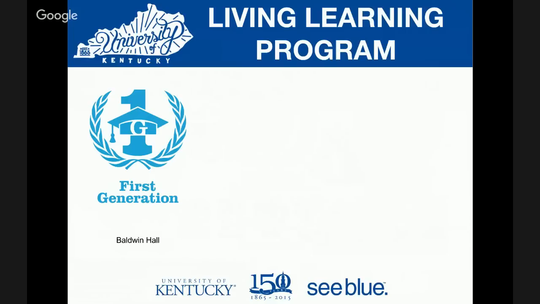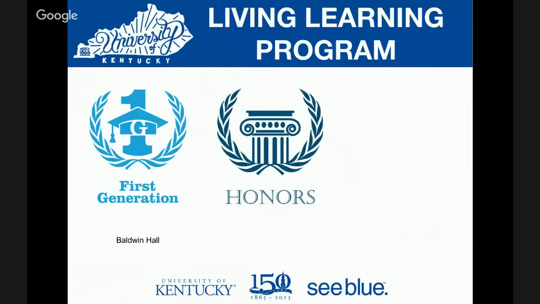The next community, just to note, the greenhouse community will not be available for next year. So the next community is the honors community. That's for students who've been formally admitted into the UK honors program. You have to actually apply for honors and be accepted before you can be in the honors residential college. And there's 3 different buildings for that. There's a very robust honors program, and the honors program itself helps to facilitate not only faculty connections, but also study sessions,